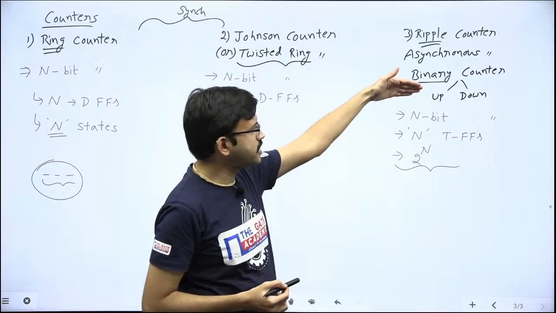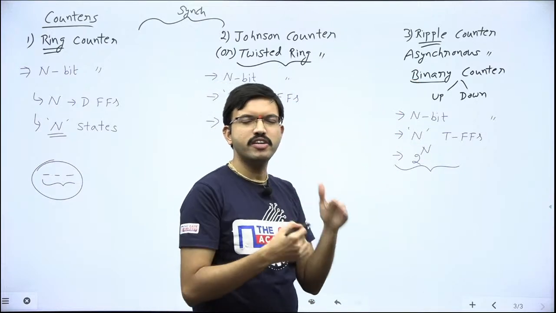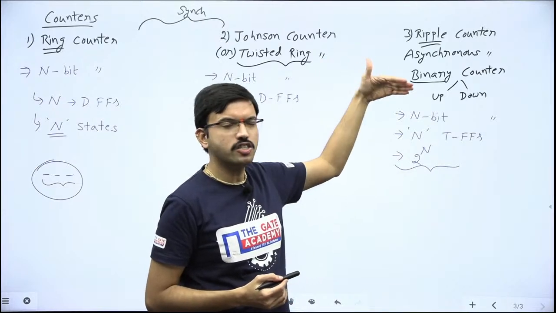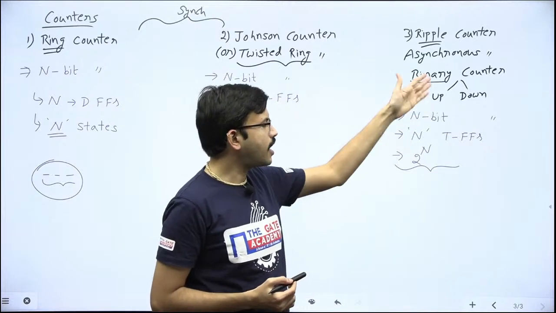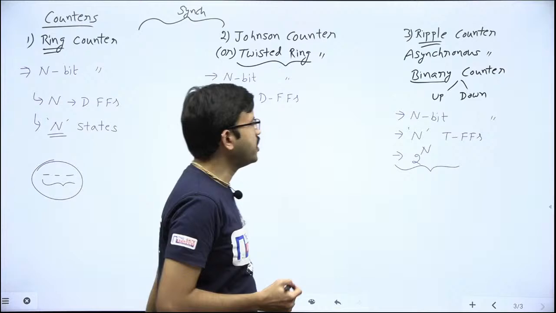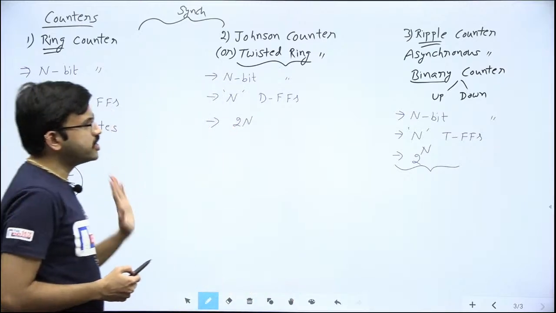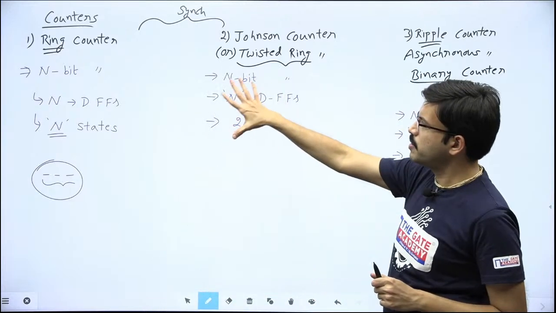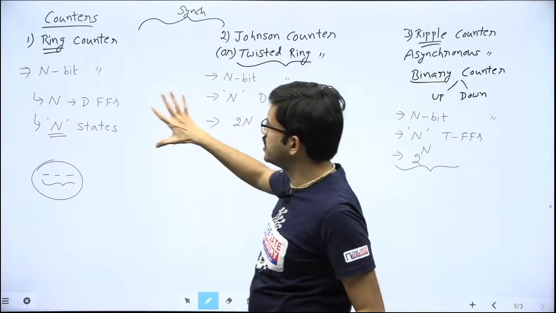If you are using it as an up counter, it will start from all the bits 0, it will increment by 1 for each and every clock cycle, and it will reach the maximum. After reaching the maximum, once again it will come back to the original state, like that. Similarly, the other operation is the down counter. So these are the counters we are having. Regarding each and every case, if you remember this data,